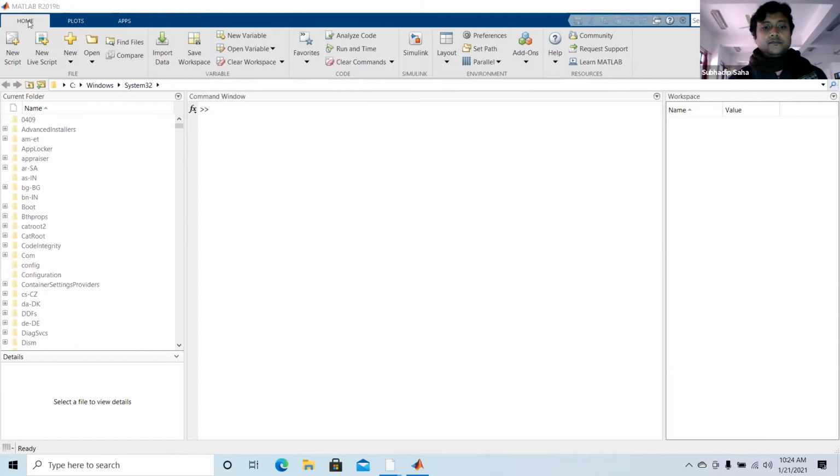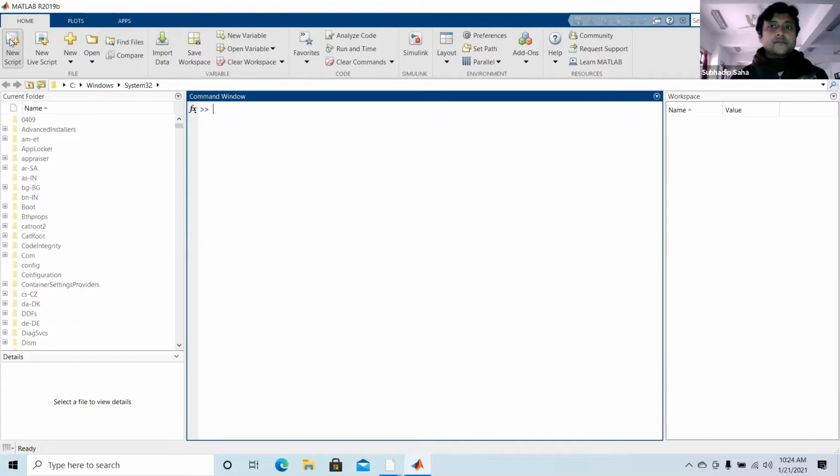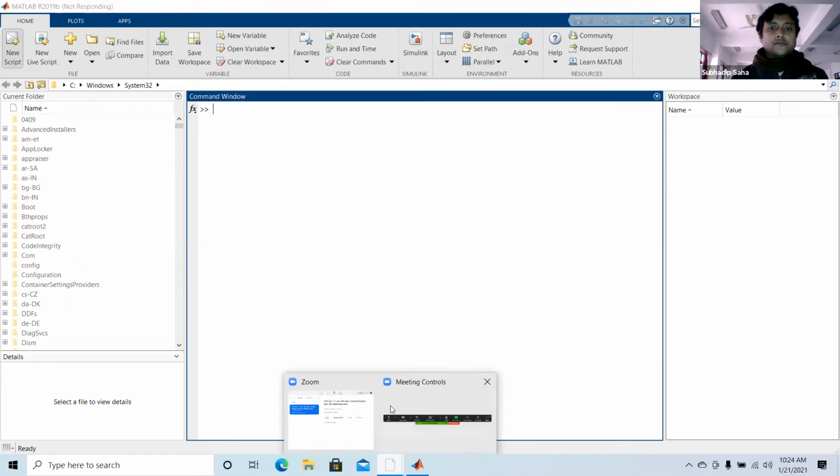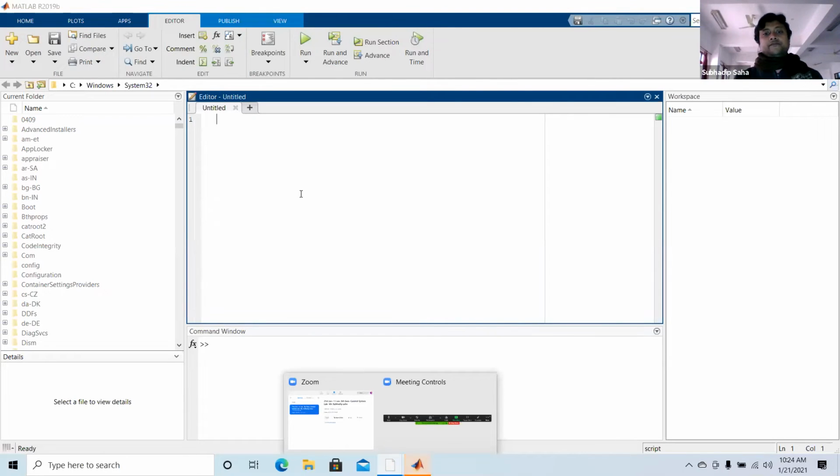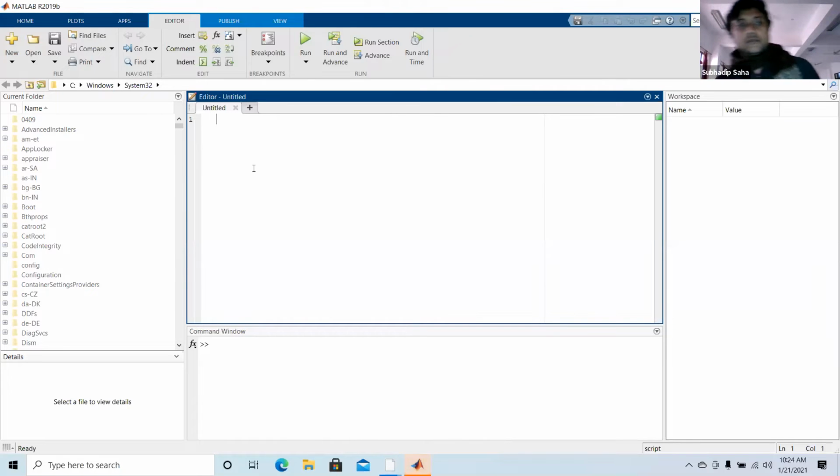So this is the software, MATLAB 2019b. Just for showing you, I just try. Now see, is the window visible to you? There is the editor, untitled. Yes, sir.